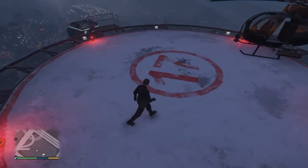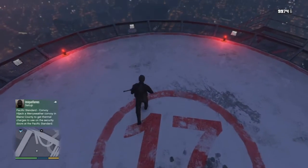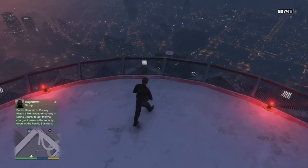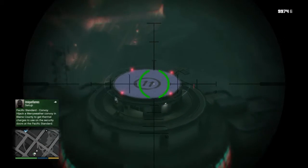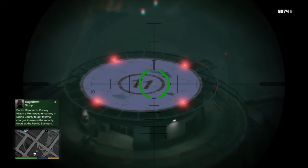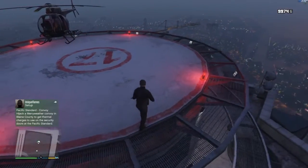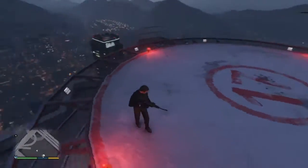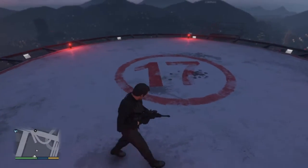All right, another thing I noticed, this 17 right here, I looked across all helipads and they all have the H for the helicopter, right? But these two buildings in specific, Mazebank Tower 17 and that one over there with the 11, has this big A in front of it. All right,